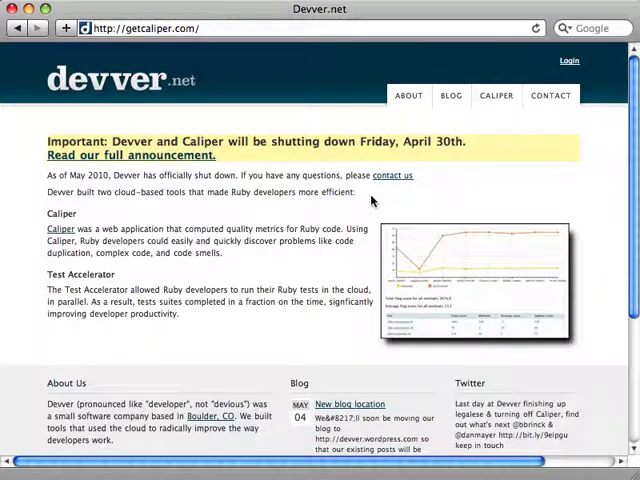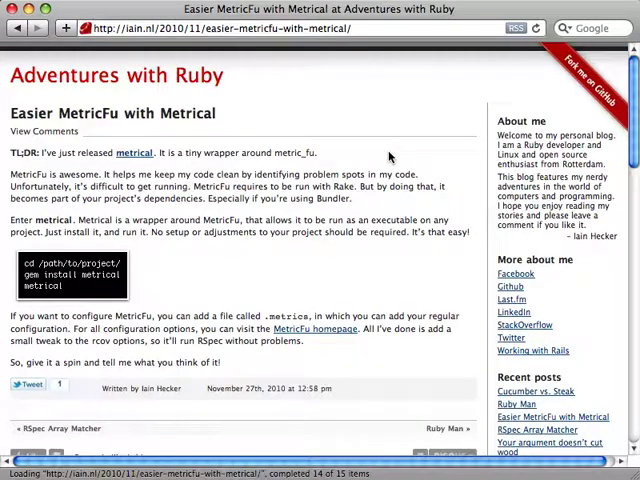This is one thing I really loved about the Caliper project. It allowed me to easily plug in any GitHub repo and then instantly get metrics from that. But unfortunately, Caliper was shut down, so what are we going to do? Well, we're back to running metrics on our local machine, but fortunately there's a gem to make this easier called